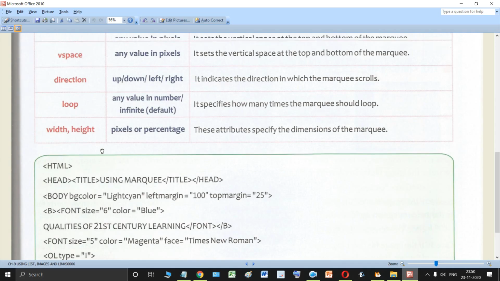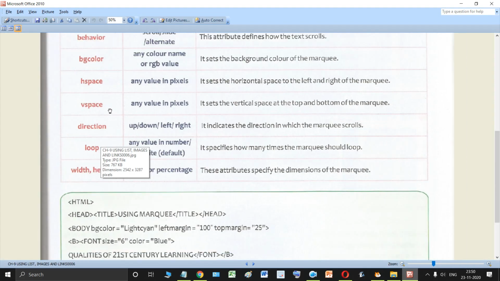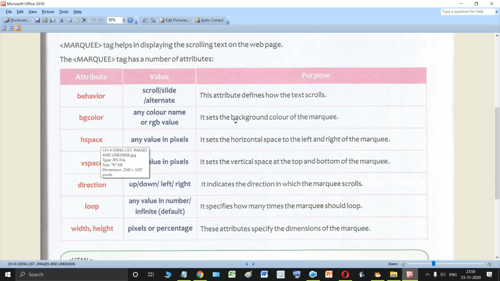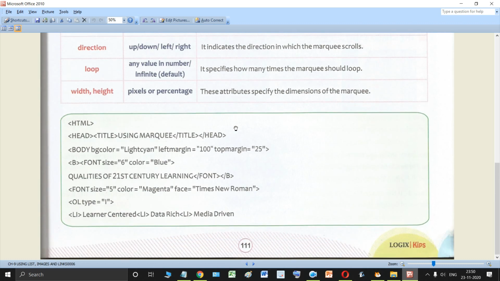From here to here, the length is the same, and the width is also the same. So this is your height and width attribute. These are the important attributes of the marquee tag that you need to study.